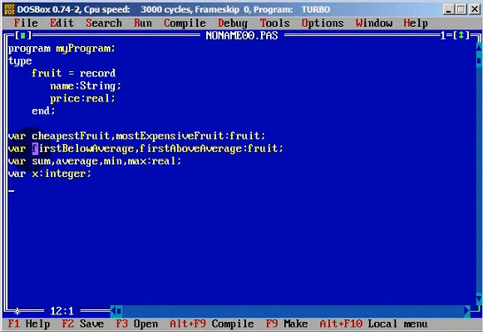Okay, now we need to create an array. The name of the array will be fruits. We will have 6 fruits of fruit. Okay,